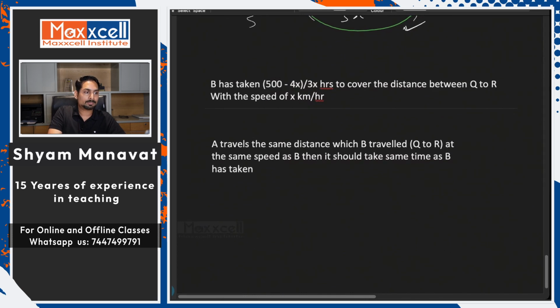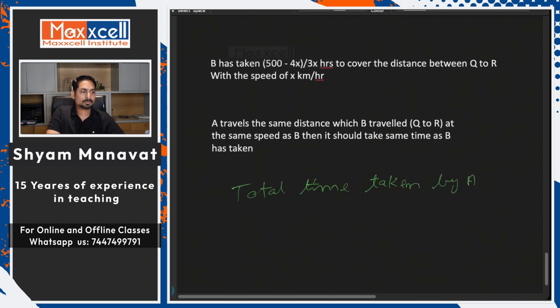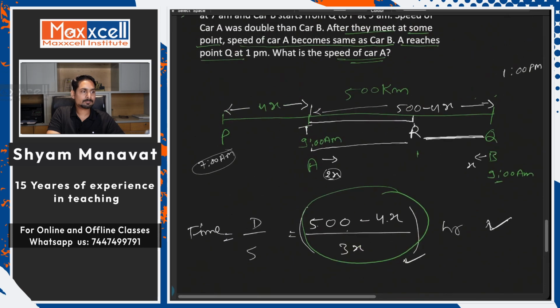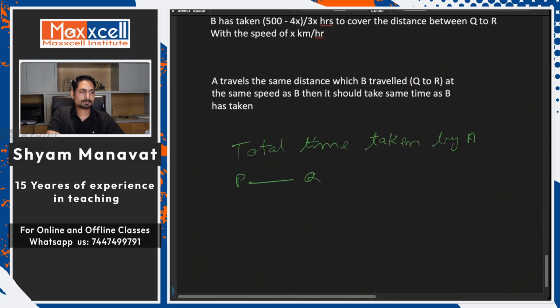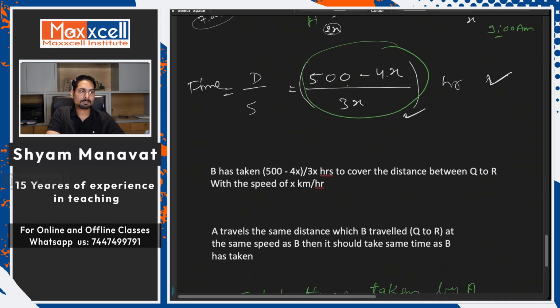So now it means the total time taken by A to cover the distance from P to Q, that should be equal to, now count,